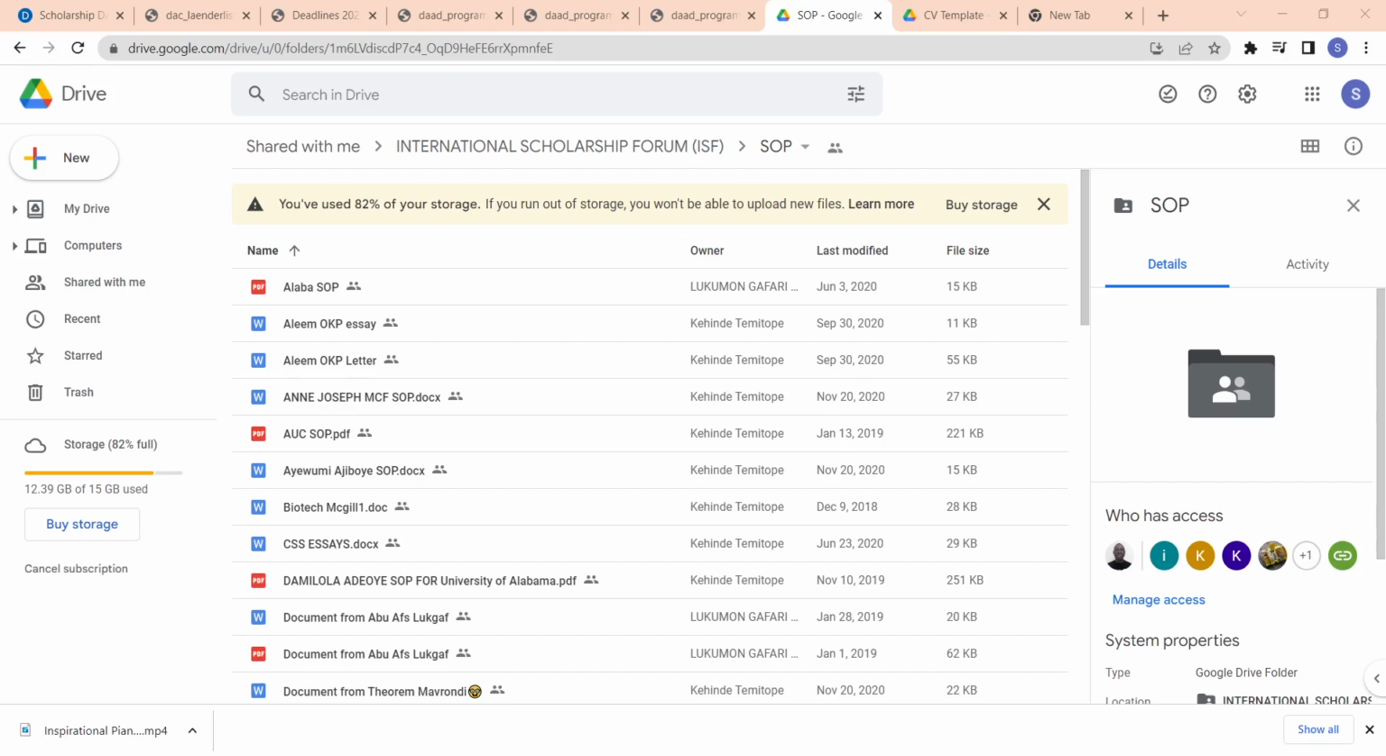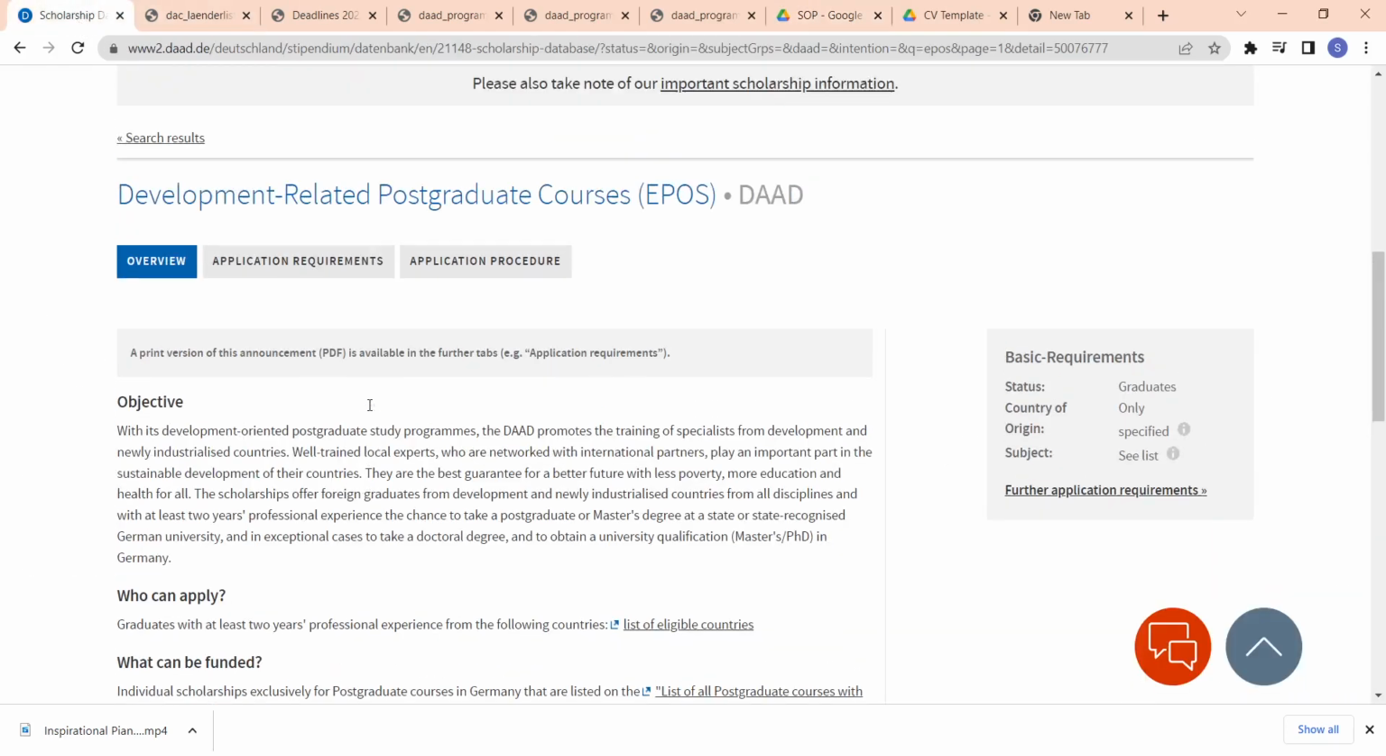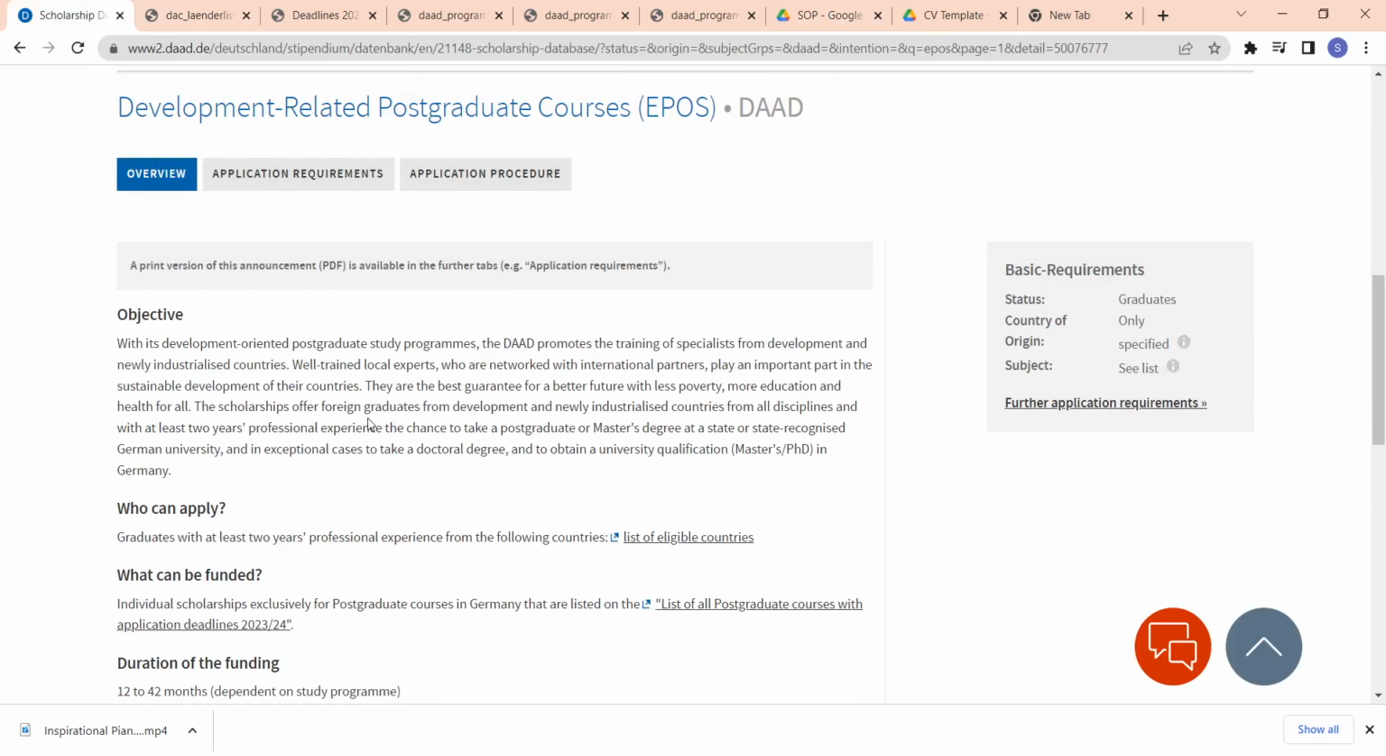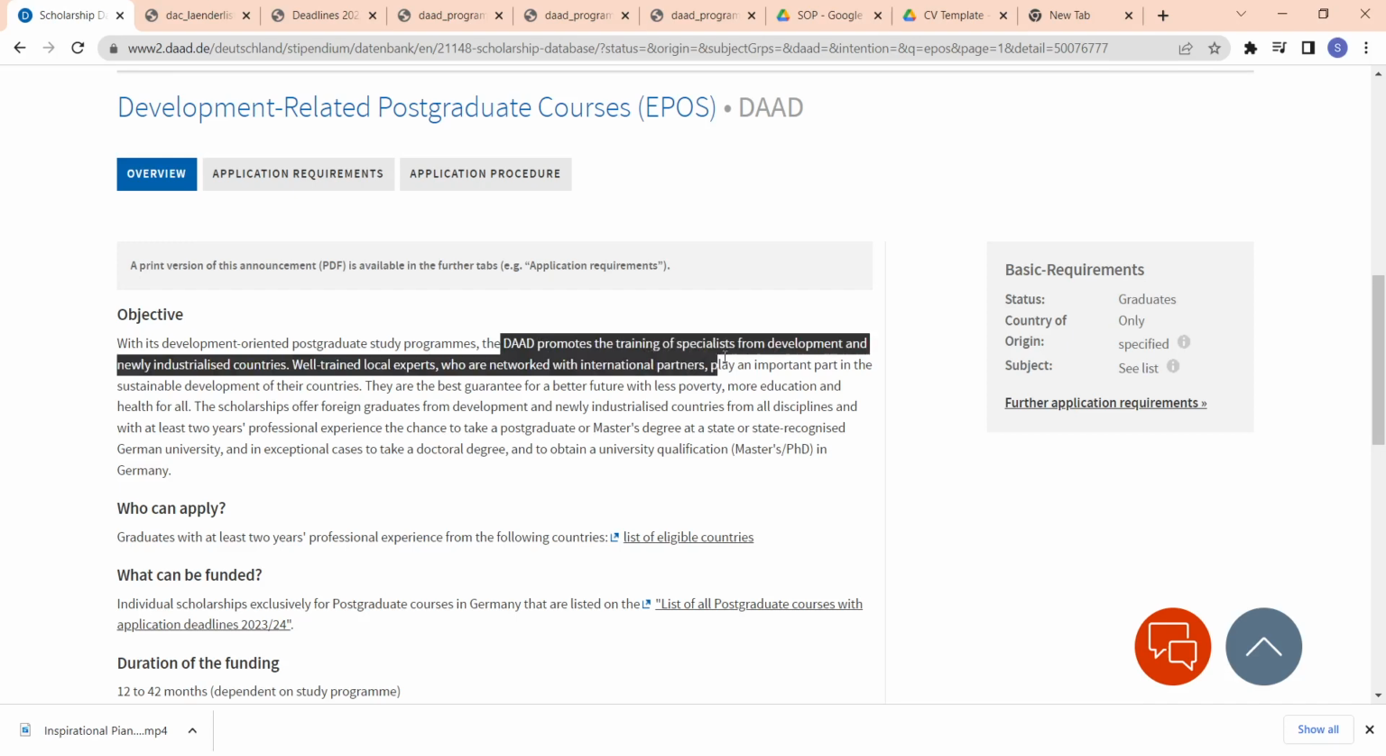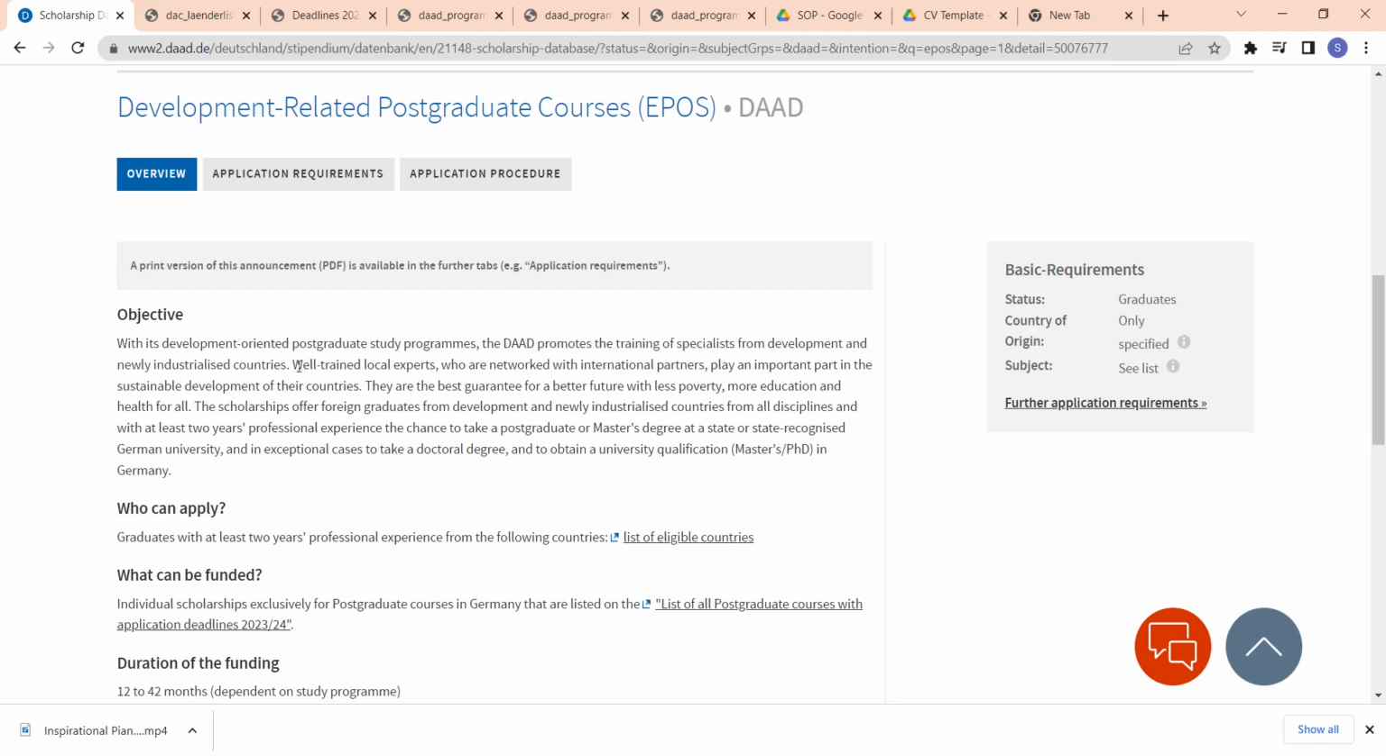So to start with, the DAAD-EPOS Scholarship. So basically, the objective of this scholarship, it's a development-oriented one, and with this scholarship, DAAD tends to promote training of specialists from different and newly developed countries. And so, what they try to do with this scholarship is to get people from developing countries mostly, and trying